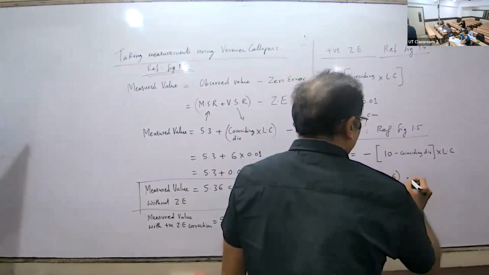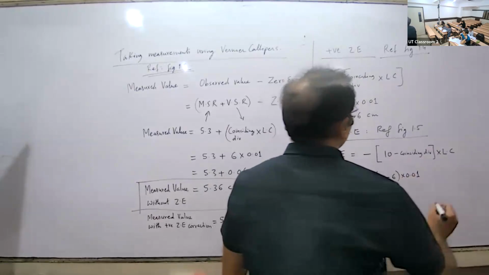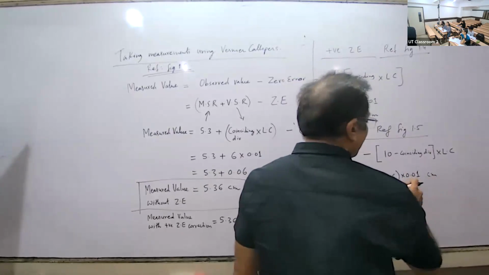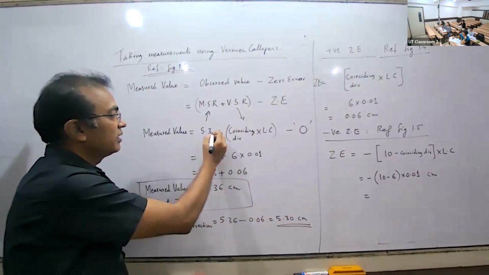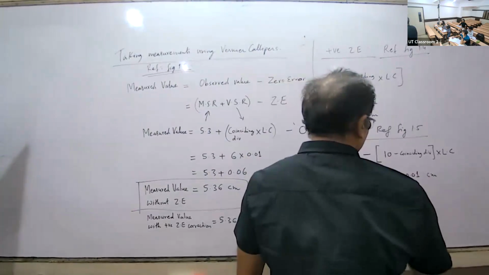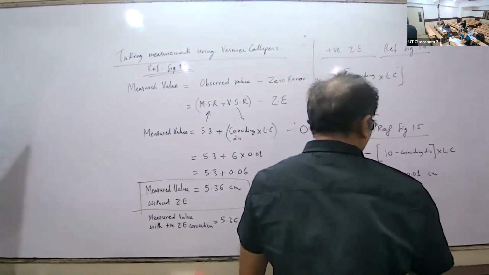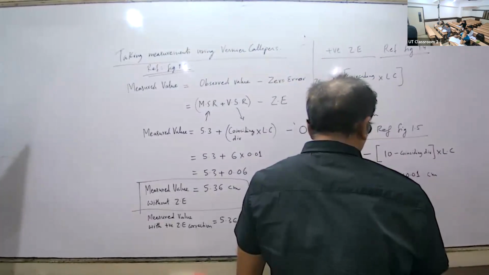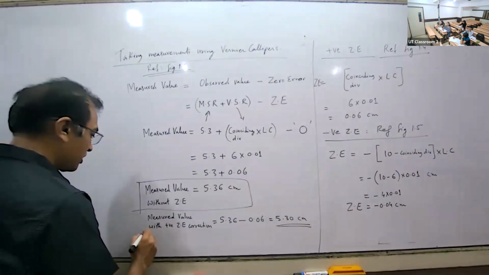Again, in this case also the 6th division is coinciding, into 0.01 centimeter. Why centimeter? Because the main scale reading we have taken is in centimeter, so the least count also has to be taken in centimeter. This is minus 4 into 0.01. This is equal to minus 0.04 centimeter. This is the negative zero error. So the measured value with negative zero error correction